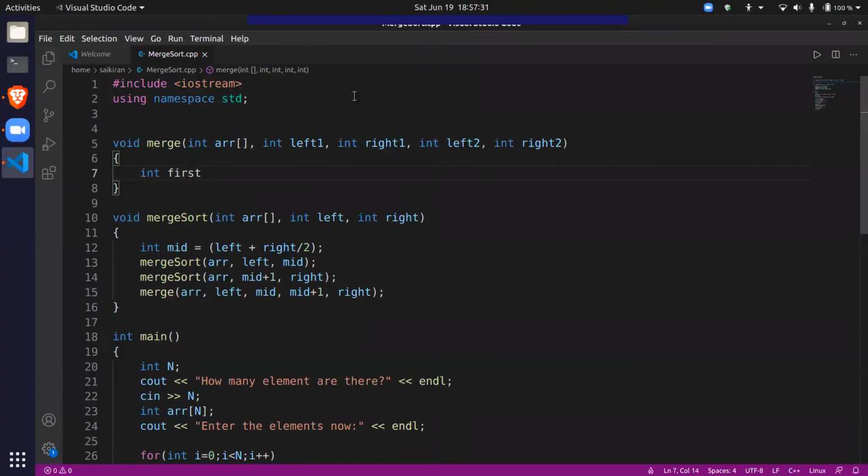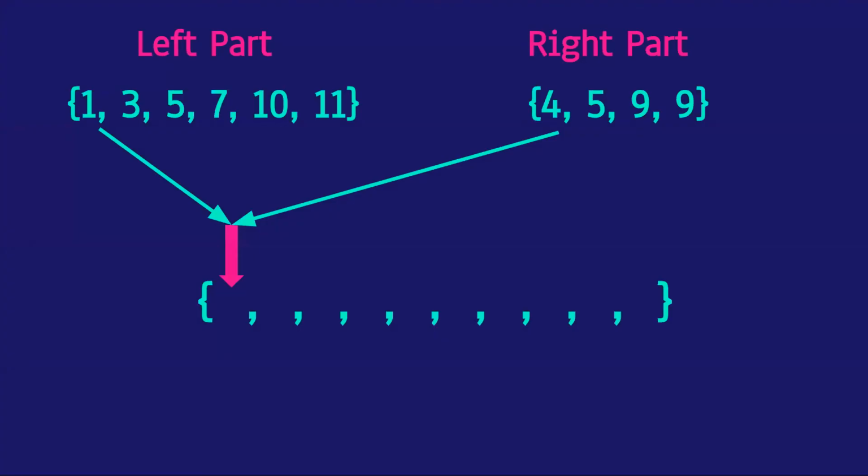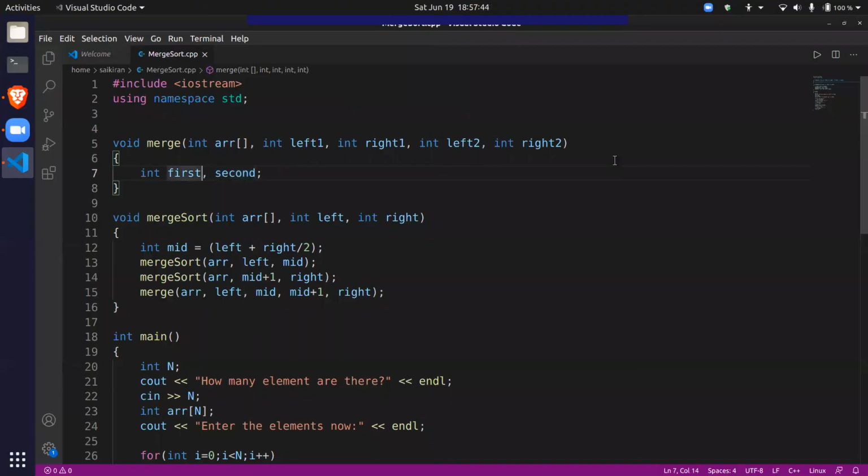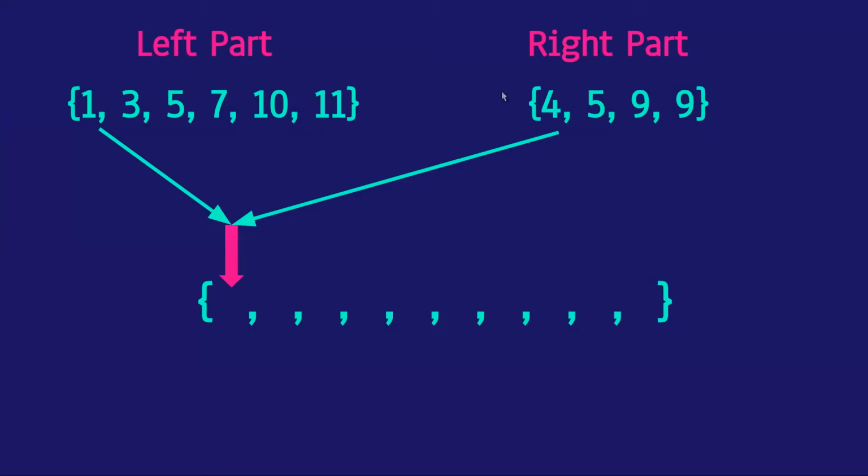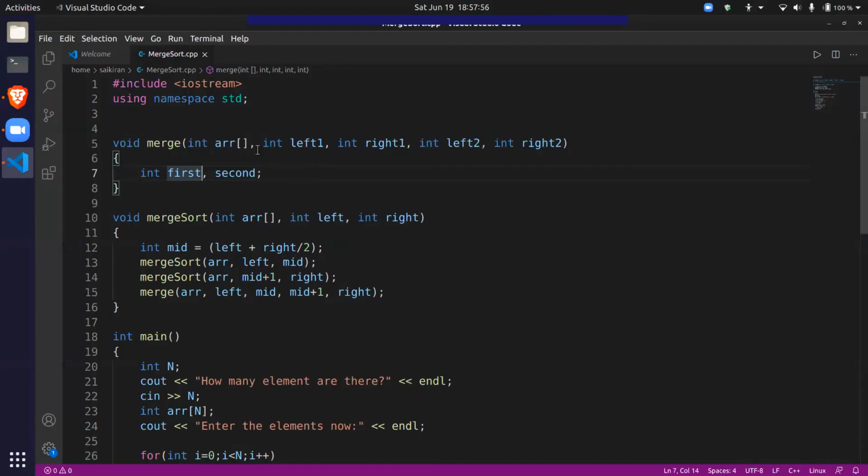First, second. First and second are my two pointers. First pointer is the first arrow, second pointer is the second arrow. Both of them initially start at, where do both of them start? First one starts at the left boundary of the first part, second one starts at the left boundary of the second part.